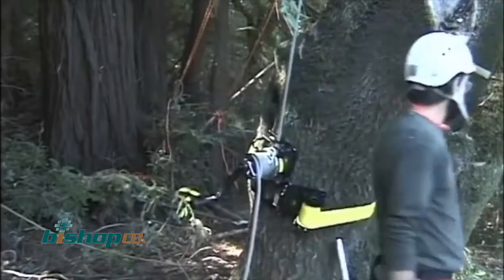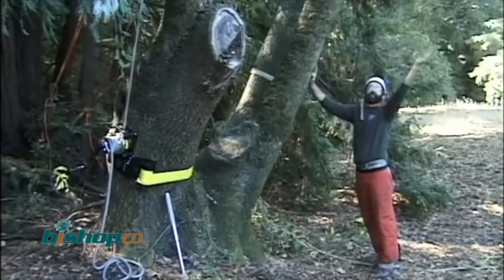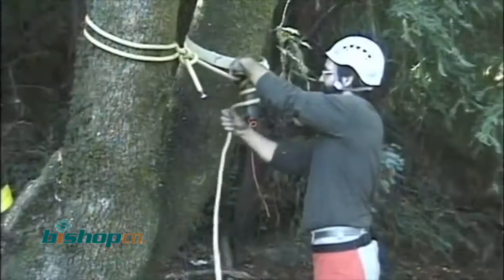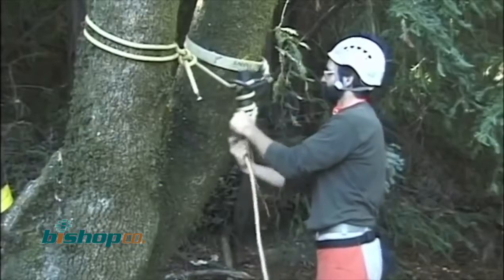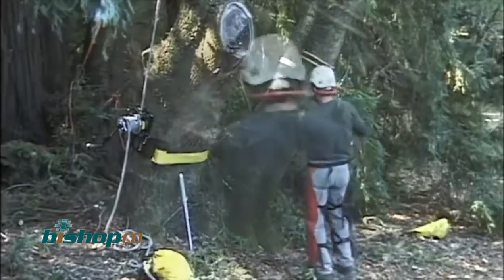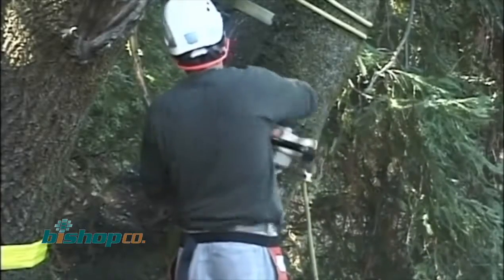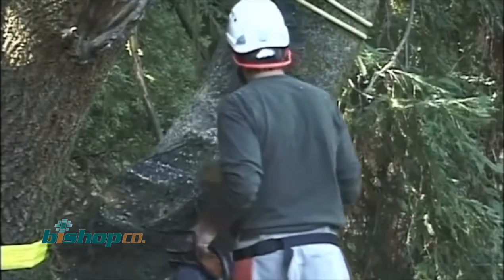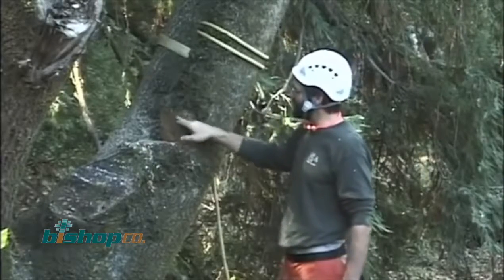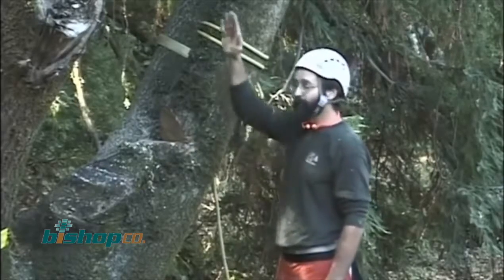We're just about ready to cut. But if you look at the angle of this piece, the rigging point is off that way. The piece itself is angled out to my left, so when we release the butt, we're going to release this giant pendulum. Because the piece is fairly vertical, we didn't need to make a giant wide open face here. I think this will be adequate, so when we tip it toward the rigging point,